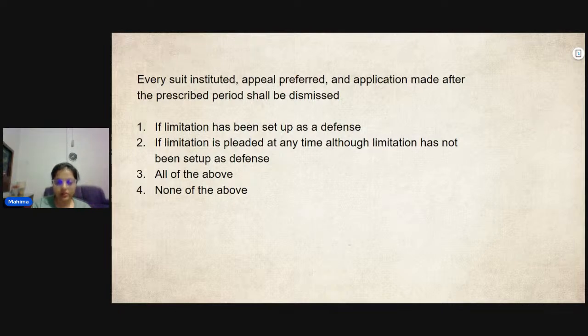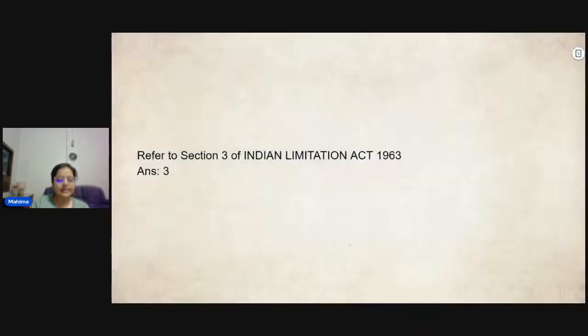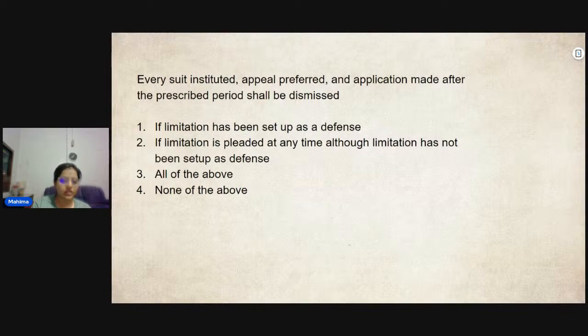Come on. All of the above? Yes, it is all of the above, and it is mentioned under Section 3 of the